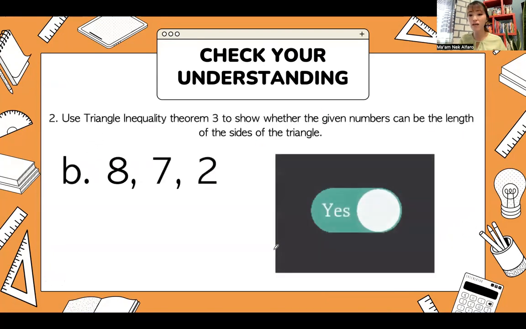How about this set of numbers? 8, 7, and 2. Does it form a triangle? Yes or no? I'll give you 5 seconds. 5, 4, 3, 2, 1. Correct answer is